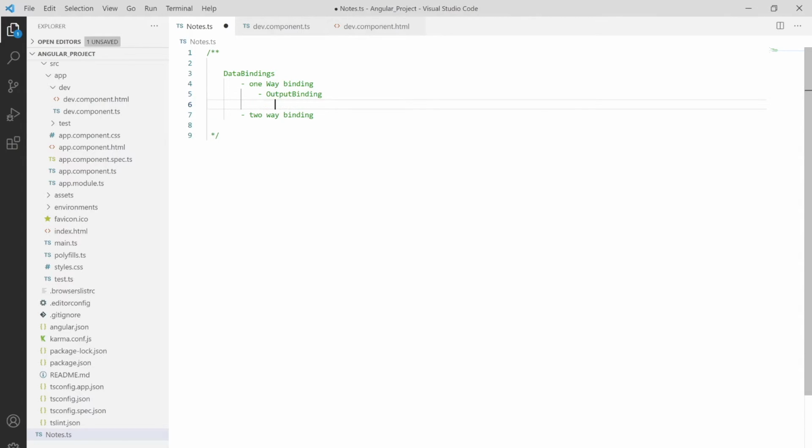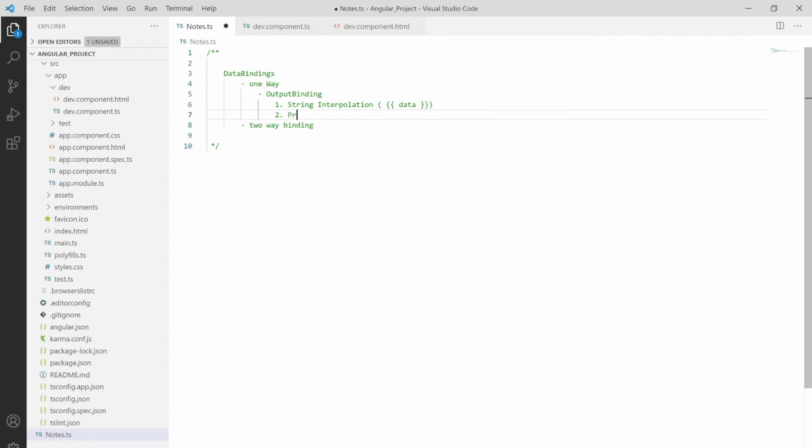So we have output binding. In the output binding we have firstly string interpolation, and the syntax for it is this. Here we can put whatever data we want to put. Also we have property binding.